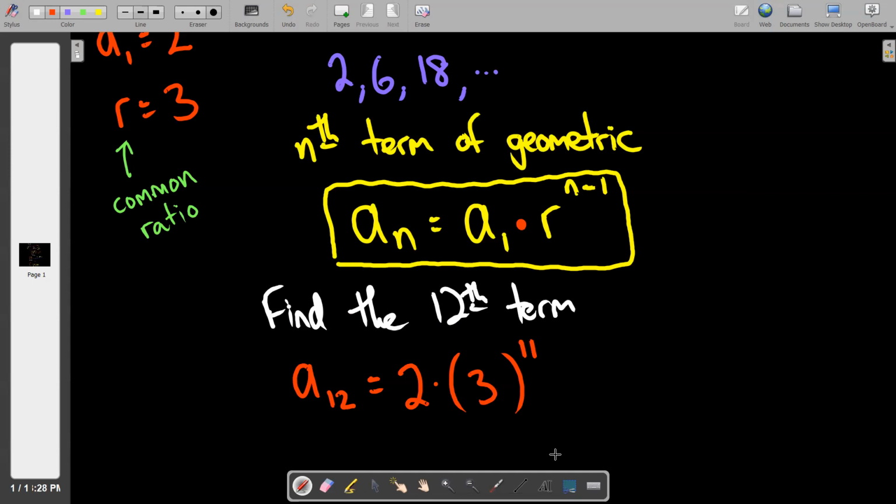Let your calculator do all the work for you. Do not hit enter after you do 2 times 3. You'll get it wrong every time. So just type it all in and flow it. Just 2 times 3 to the 11th power, and it's big. It's this little up arrow right here. Say again? Yes. So the answer is